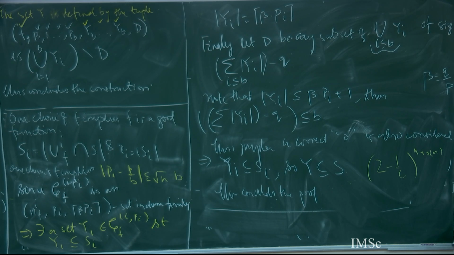All I said is that we do not care because this term is too small compared to what is sitting in front of it. But this way of writing is much better than writing 2 minus 1 by c plus 0.0001. It doesn't matter that this is there, since it is a much smaller number. For example, I could have n to the power polylog n. I could have made this much smaller.